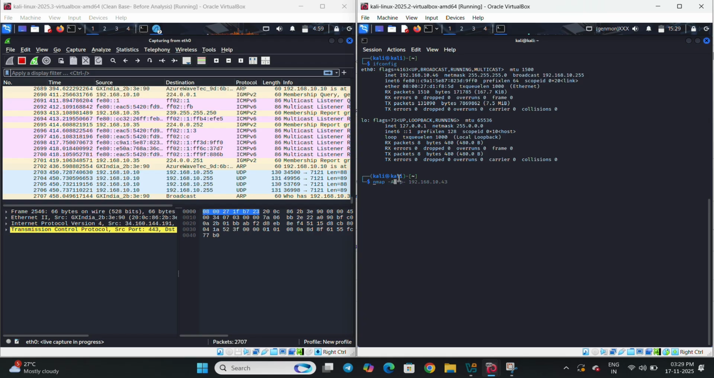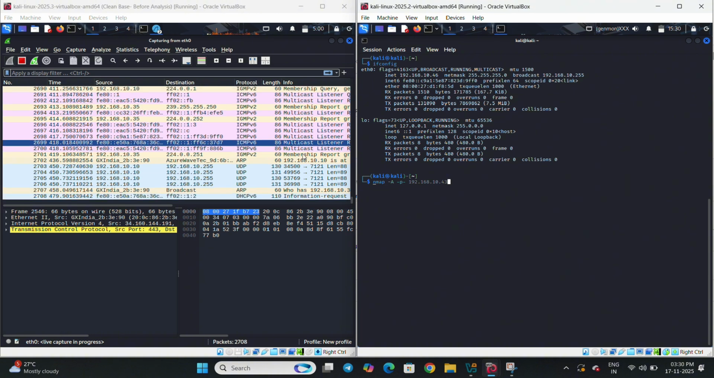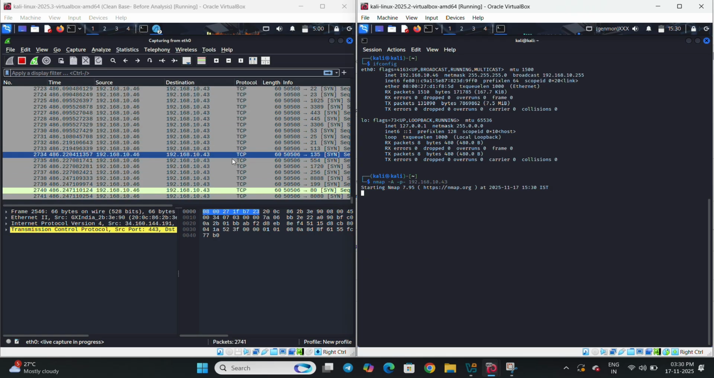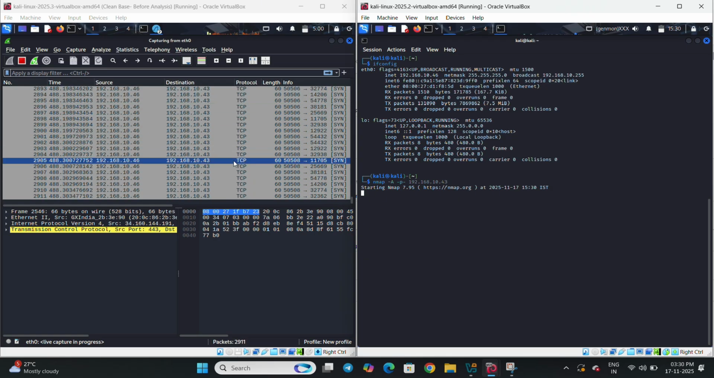Okay, so I want to scan this particular IP: nmap -A for an aggressive scan and -p- for the full port scan, and that particular IP. Okay, so the moment I press enter, you have to visualize it in Wireshark. Okay, so now I'm pressing enter. So here, in the Wireshark window, you can see